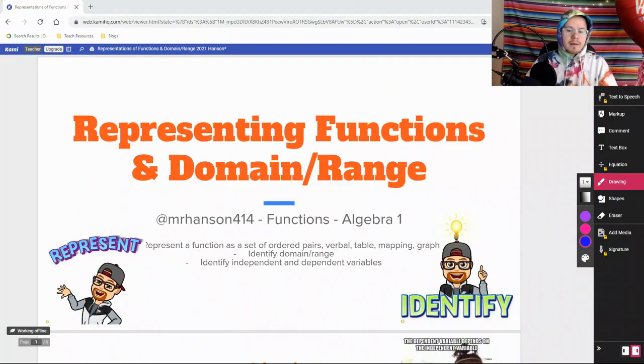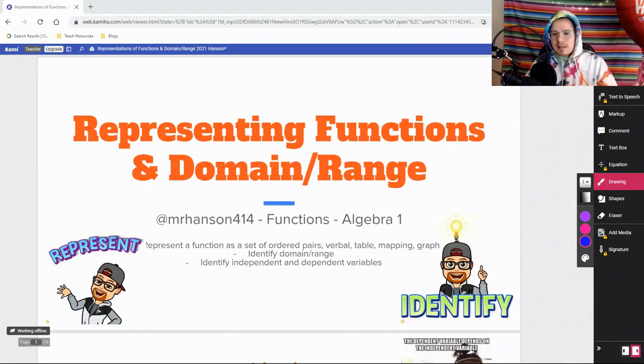And today we're continuing to work on algebra functions, representing functions, and domain and range. So hopefully you've already watched my functions versus relations video, plus I got a bunch of gold from a couple years ago. Go check that out. But today we're going to focus on mainly looking at how to represent a function as